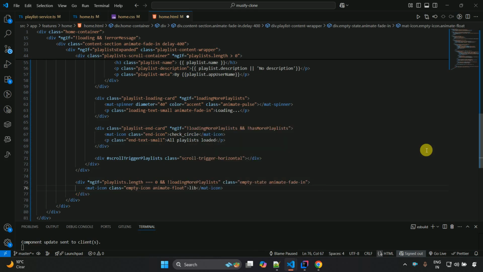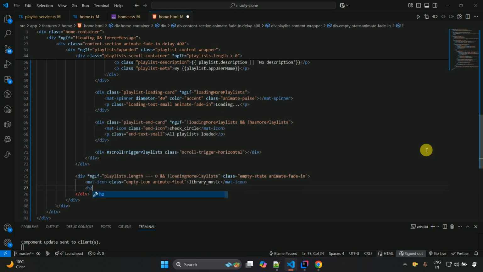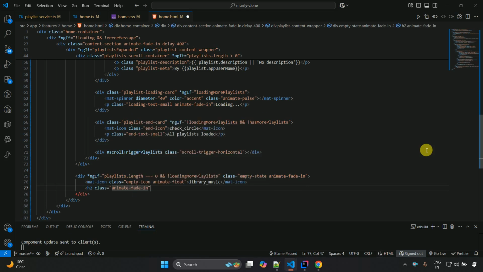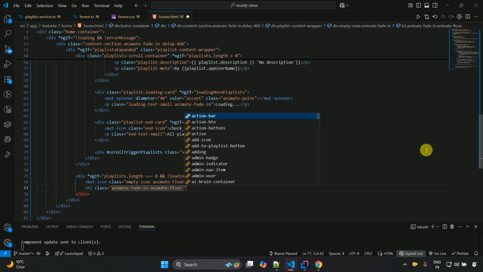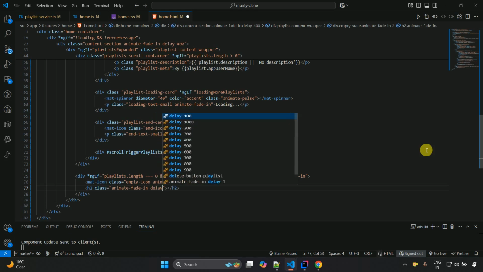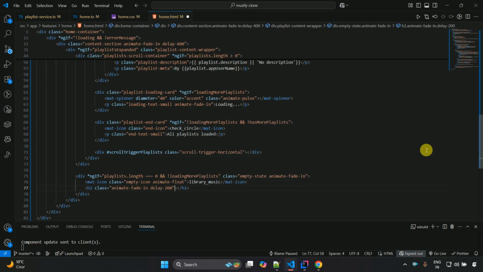and then library_music, and then here we have to write h2 class animate-fade-in and animate-float, and then close this one. Okay, so just one small change. Animate-float over here we don't have to write, we just have to write delay-200, and after this we have to write no playlists